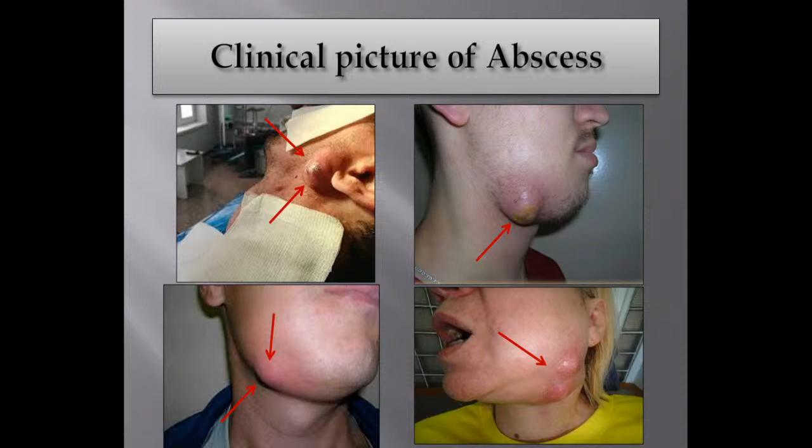More often it's periodontitis, strictly periodontitis, in acute form or according to the exacerbation of chronic periodontitis, we can see such formation of abscess. It's localized, as you can see, and